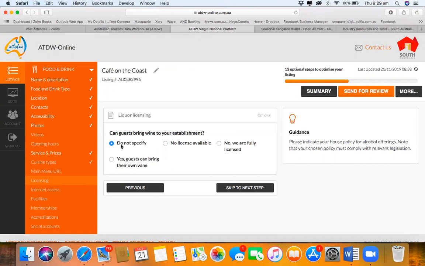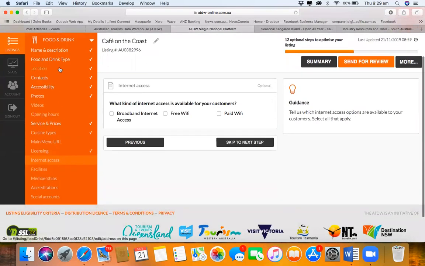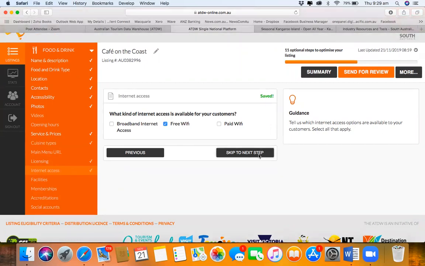I'm going to be licensed, so I'm not going to allow my guests to bring liquor in. Next step. So down the side here, you'll see this orange bar and it will show you how many things you've got to step through. I'll offer free Wi-Fi,